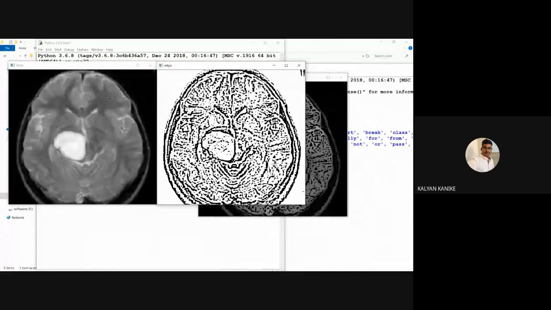This is our regular input image. Here bitwise AND is there.